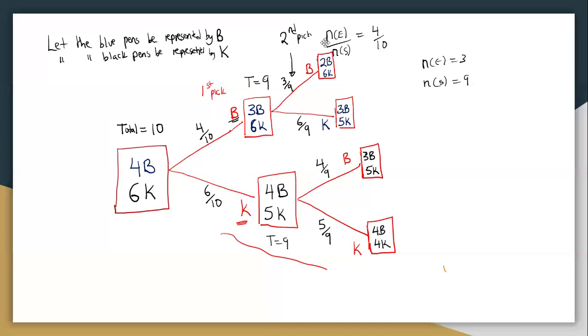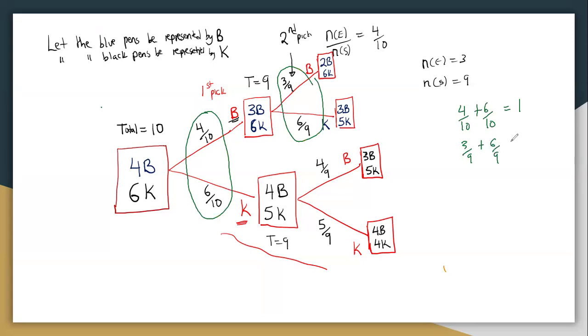Whenever you are dealing with a branch, you make sure that at that branch, when you add, you get a 1. That is the first thing you need to take note of. When any branch you are forming, this is one of our branches, when I add the total probabilities, 4 out of 10 plus 6 out of 10, the answer I get should always be a 1. The same for any branch that you form, even here, when I have 3 out of 9 plus 6 out of 9, the answer I get should be a 1. Even here, when I add 4 out of 9 plus 5 out of 9, the answer I get should be